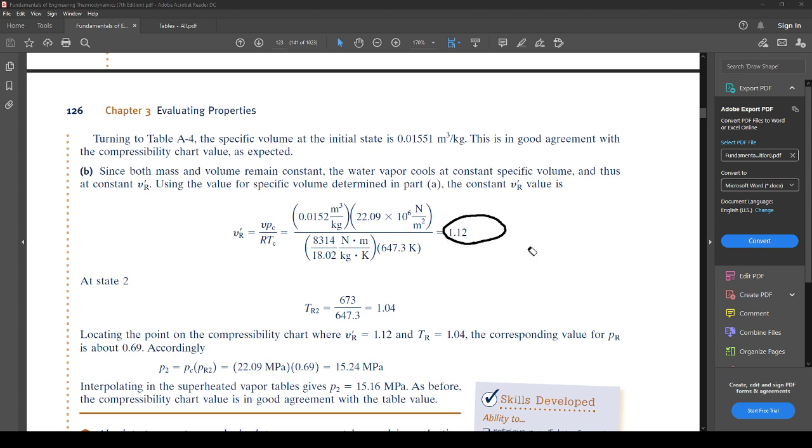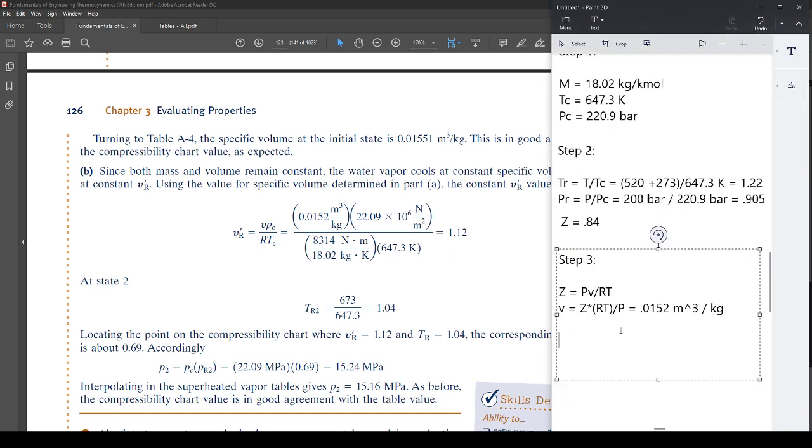And what you're going to do with that number is you're then going to go to the table, right, and work backward. So what they're doing here is kind of clever. They're going to the table and working backward. So we have found that Vr is that, which is pseudo-reduced specific volume, right? So for step 3, I'll go ahead and write this. So one of our answers is found. The next one here, step 4,